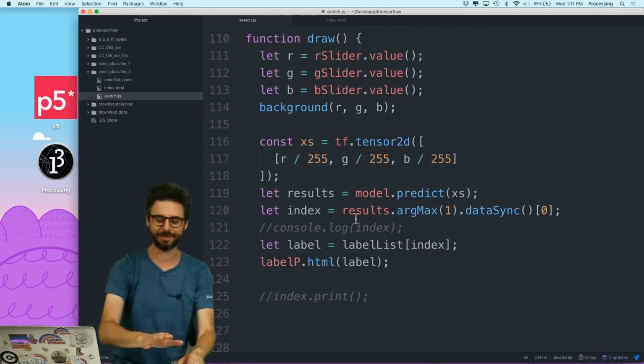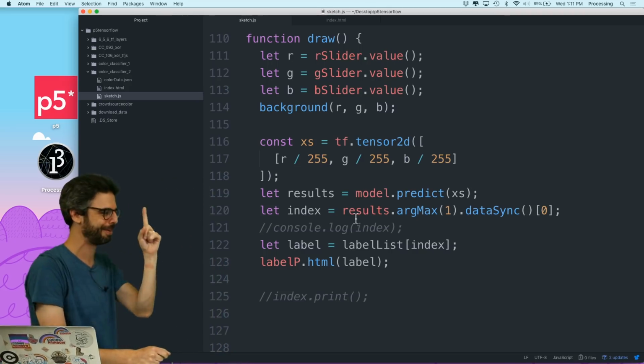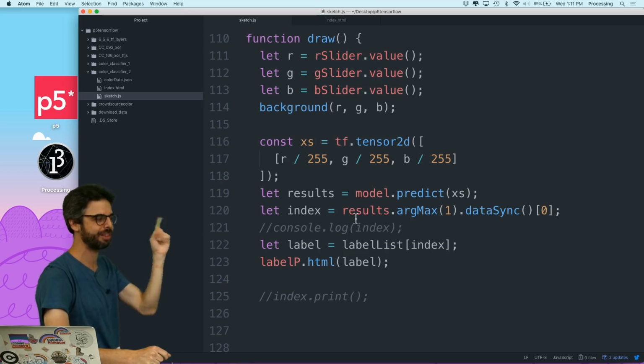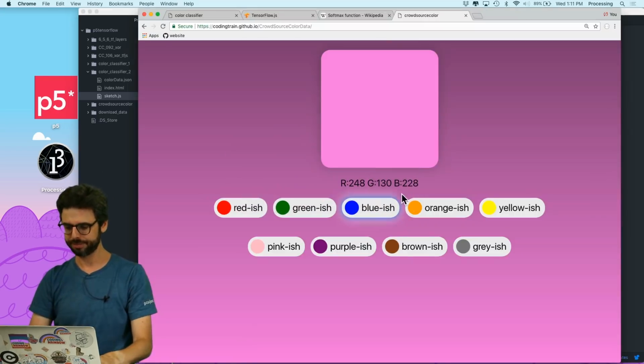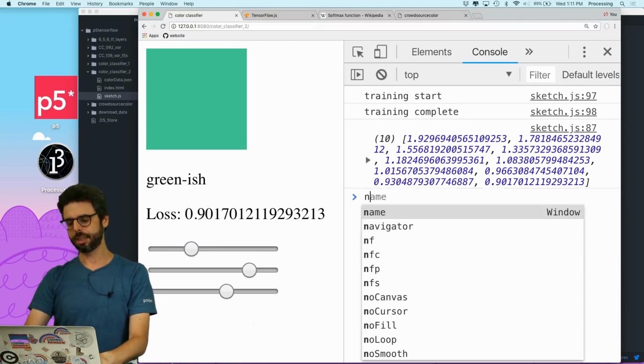Oh, and I've forgotten something. Memory management. Oh, I knew there was a step that I'm missing. Estimating what category out of the fixed set of labels that color is. But I did forget something really quite important, which is memory management. Let's look at this. Memory,